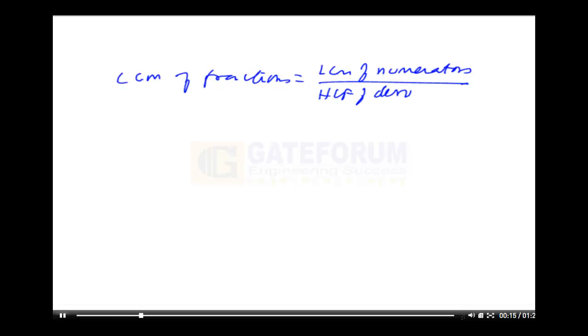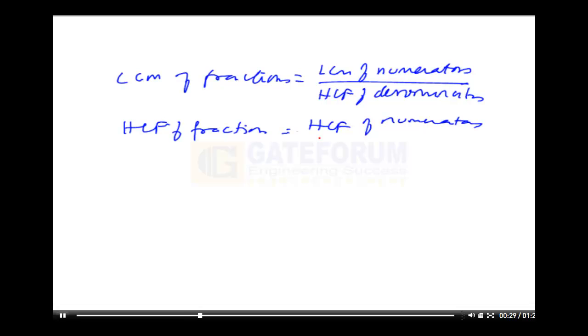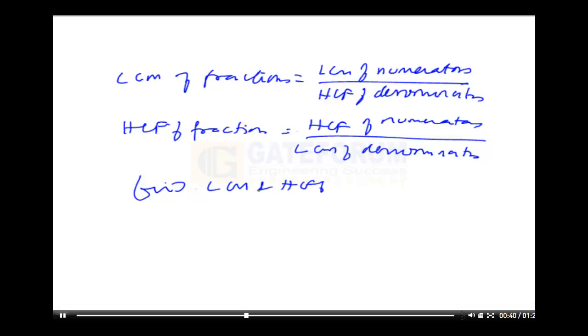LCM of fractions is equal to LCM of numerators by HCF of denominators. Similarly, HCF of fractions is equal to HCF of numerators by LCM of denominators. So if you are asked to find the LCM and HCF of 1 by 2, 2 by 3, 3 by